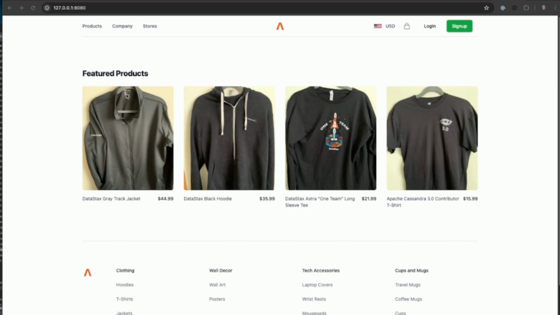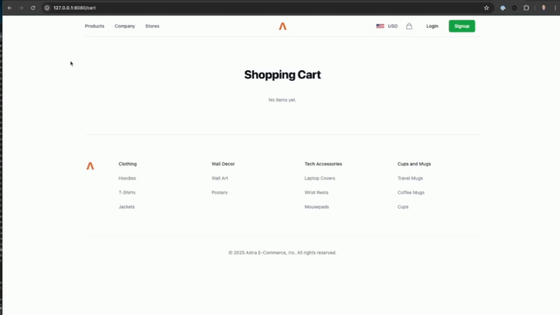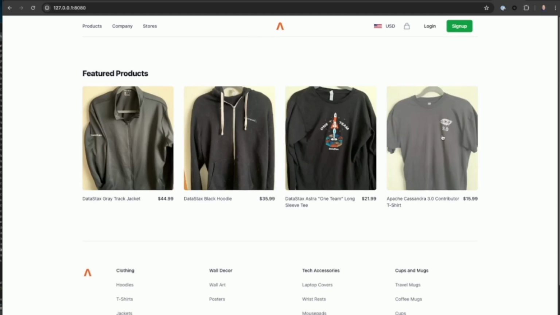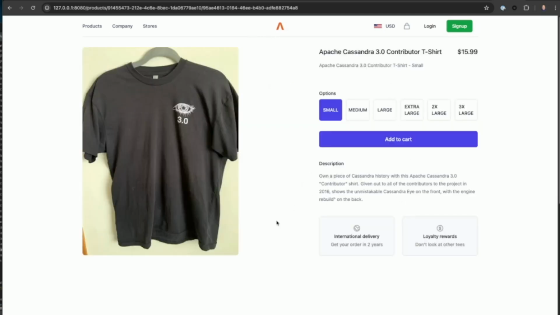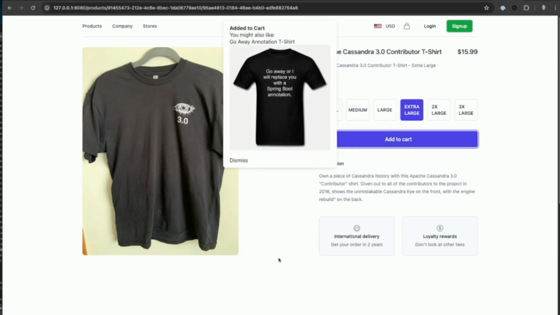Let's go. If we go back to our e-commerce website, I'll have a look at the shopping cart, this little icon up here. I can click into that. You can see the cart is empty. So if I go back, I can say, Apache Cassandra 3.0 t-shirt, extra large, add to cart.